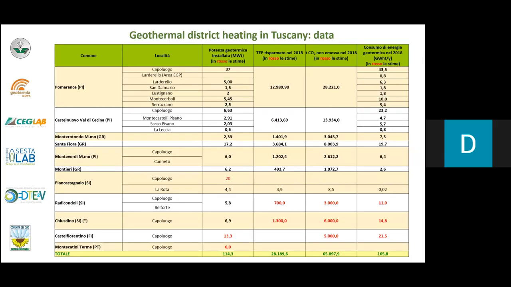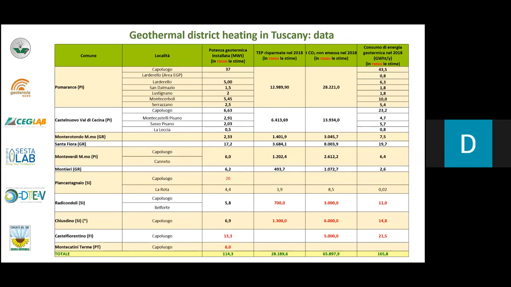In any case, the district heatings today allow us to save the emission of more than 6,000 tons of CO2 per year, and they allow to save